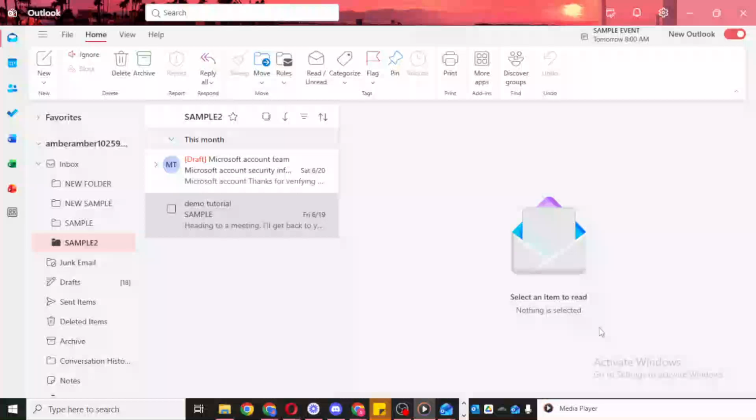In today's video, I'm going to teach you how to make Outlook in full screen mode. If you want a cleaner, larger view of your email and less distraction on your screen, switching Outlook into full screen mode is a quick and helpful adjustment. This is especially useful if you're reading long emails, organizing your inbox, or simply want more space to work comfortably.